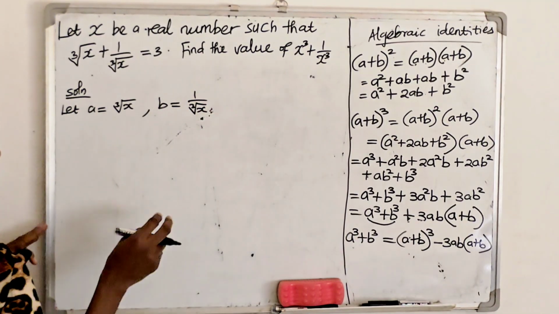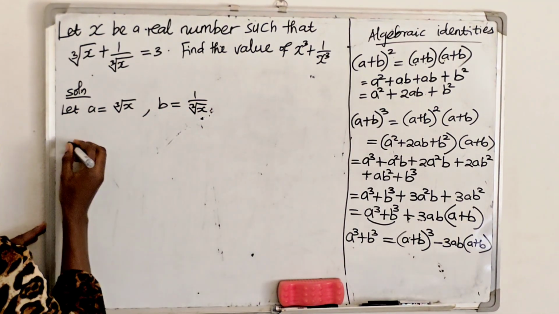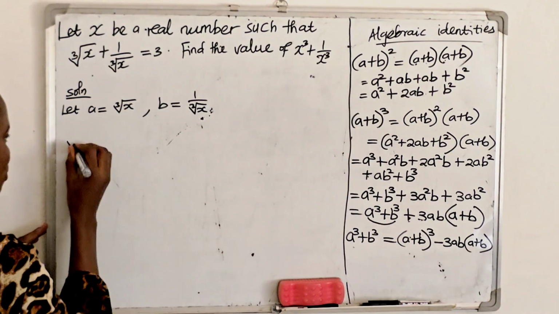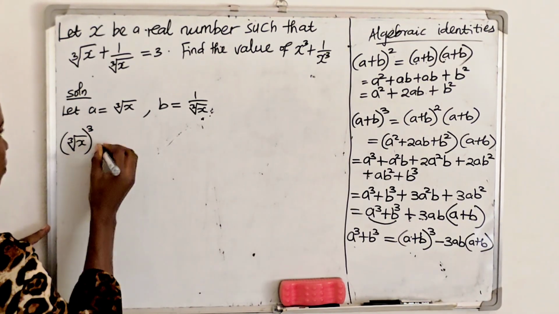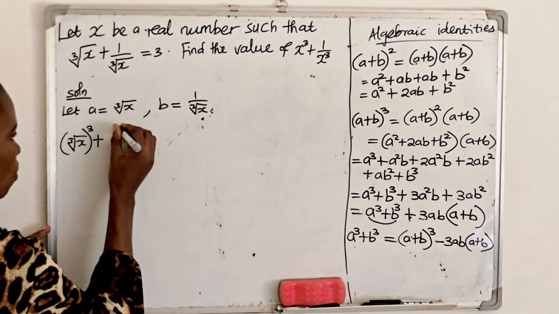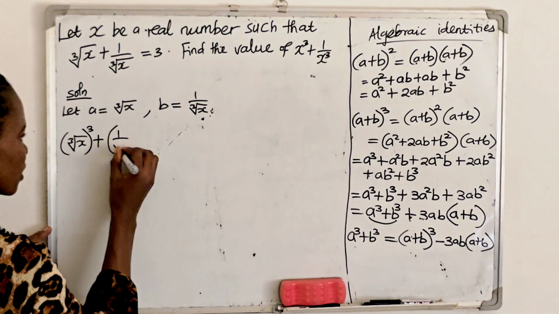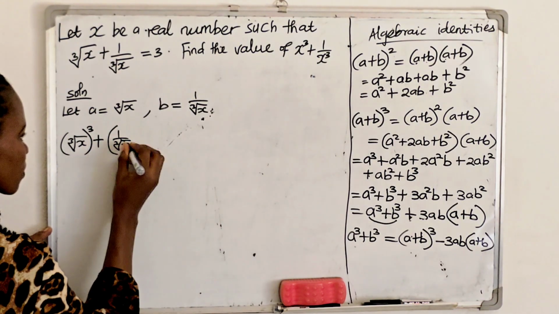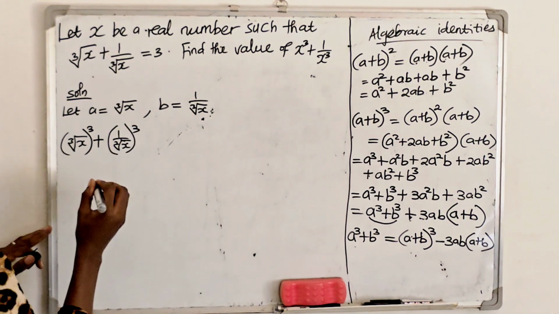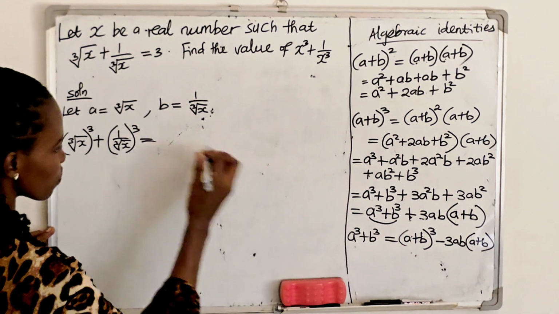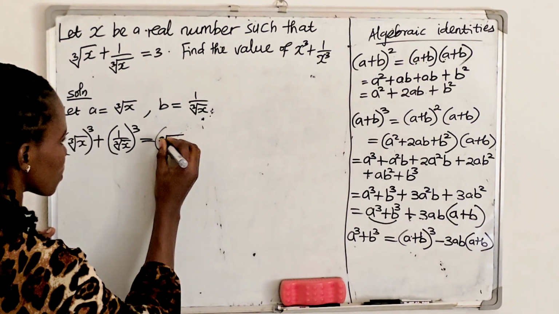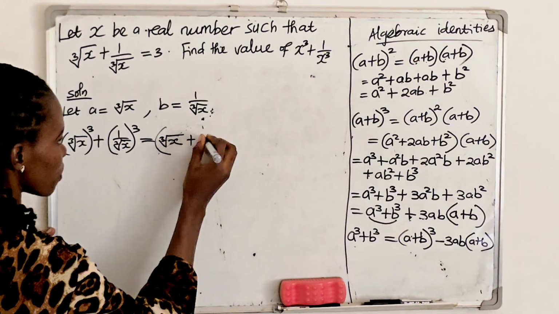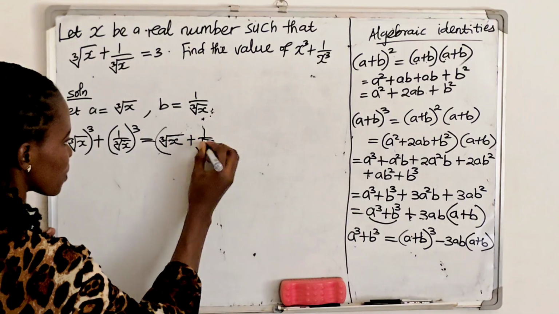So if you apply it here, I have A cube, remember this is my A. So A cube raised to the power of 3 plus B cube, 1 over cube root of x raised to the power of 3, is equal to my bracket A plus B. A plus B, that is cube root of x plus B, 1 over cube root of x